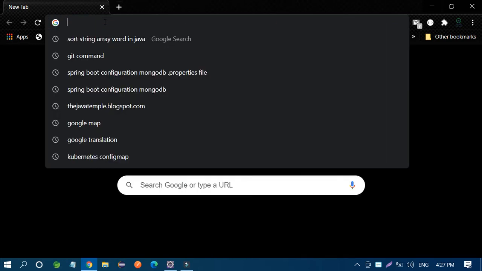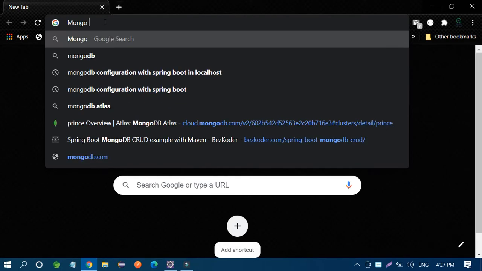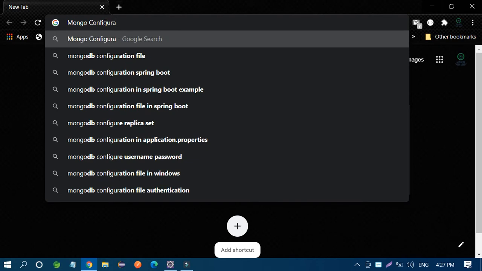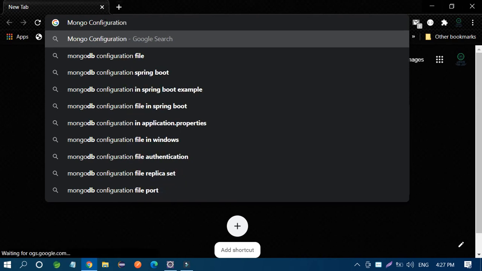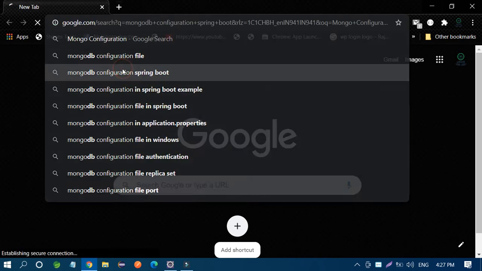So you can search here: MongoDB configuration file, configuration with a Spring Boot.